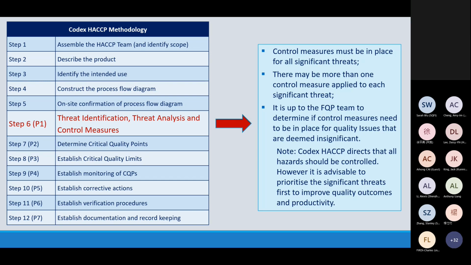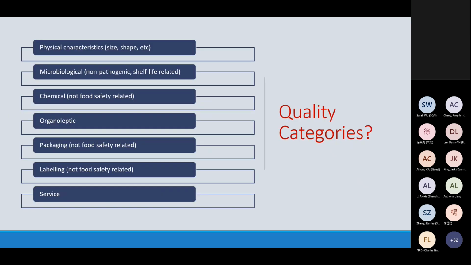Now, as I said before, sometimes it's difficult to determine the categories. Again, with the food safety plan, we've got microbiological, chemical, physical, things that are likely to cause harm if the process goes wrong. It's up to the site to determine what their quality categories are in the food quality plan. It can be the physical characteristics, the size, depending on the product, obviously, the size, shape, the texture, the viscosity,